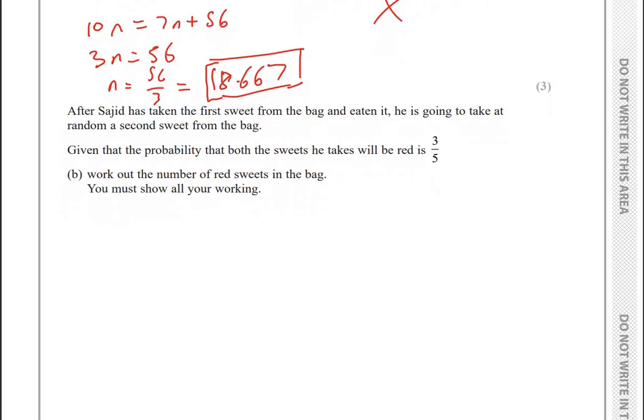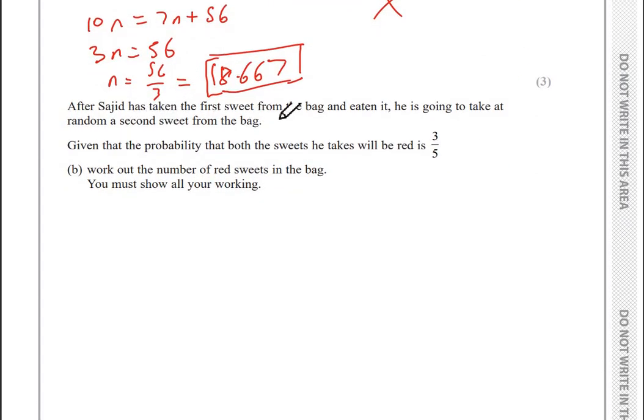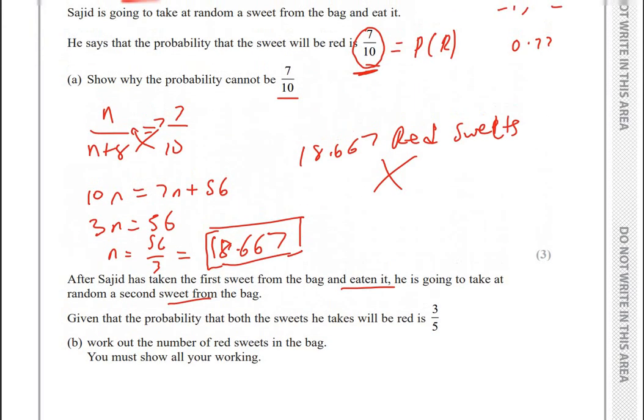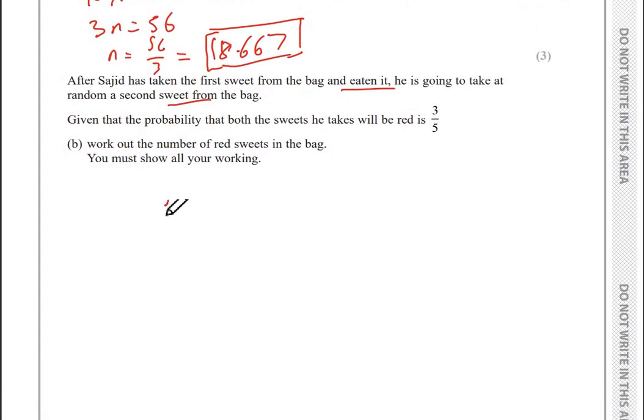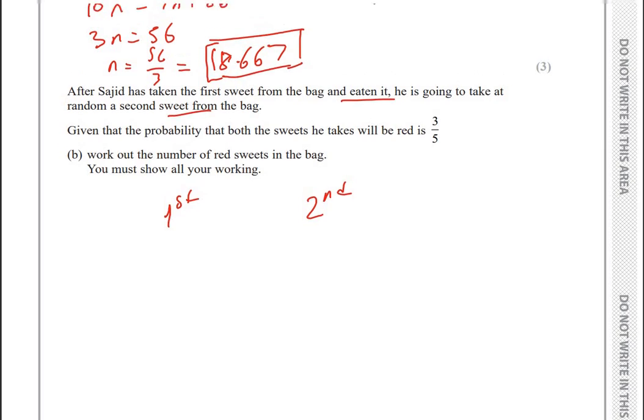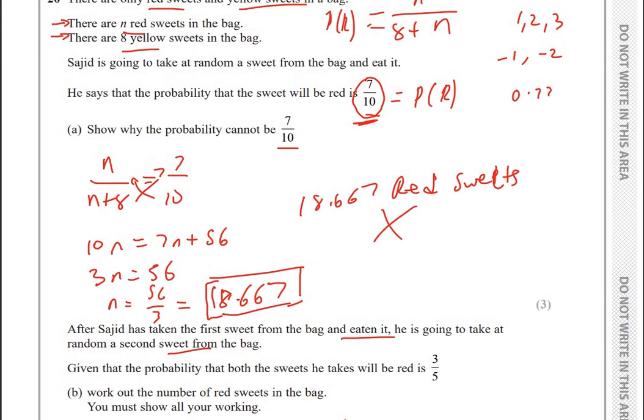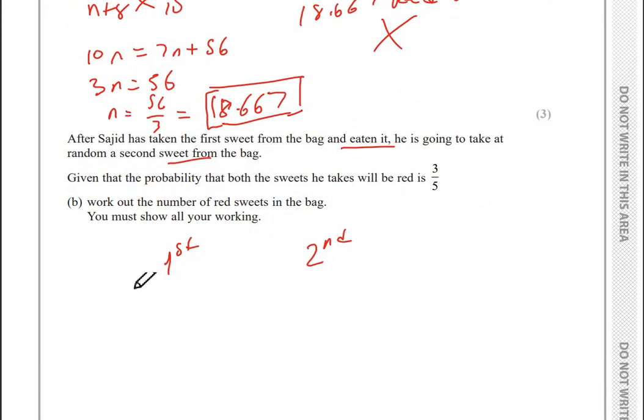After Sajid has taken the first sweet from the bag and eaten it, he is going to take at random a second sweet from the bag, and given that the probability that both the sweets he takes will be red is 3/5, work out the number of red sweets in the bag. Okay, so let's say we have our first pick and second pick again, and so the probability of taking a red sweet on his first pick would be n over 8 plus n,